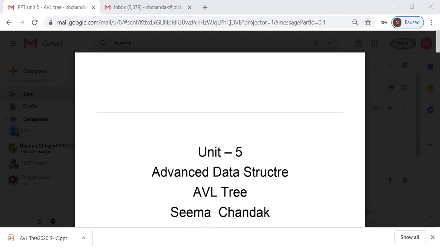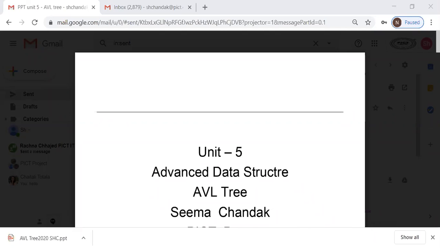So what is the best case time complexity of the binary search tree? It is log of n to the base 2. And what is the worst case time complexity of a binary search tree? It is going to be n if a skewed tree is generated.